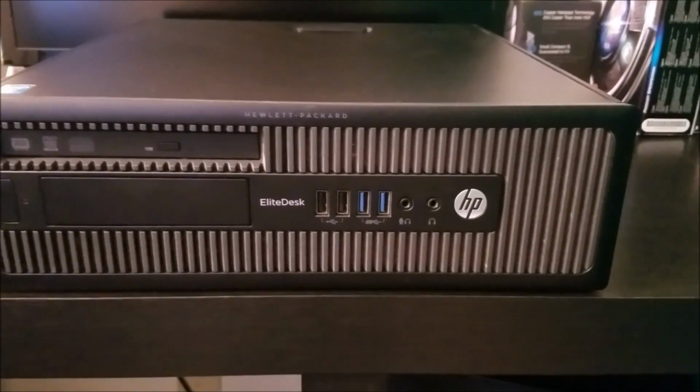Today's build will be featuring an i7-4770, 16 gigs of DDR3 RAM, a 256 gig OCZ solid-state drive, and an MSI GTX 970, all for a grand total of $450. So let's get started. So here we have an HP EliteDesk